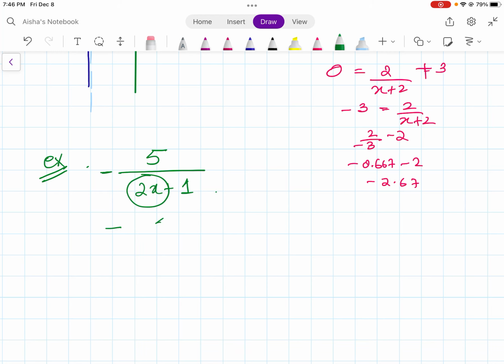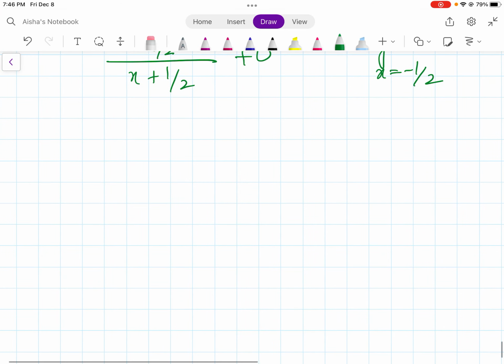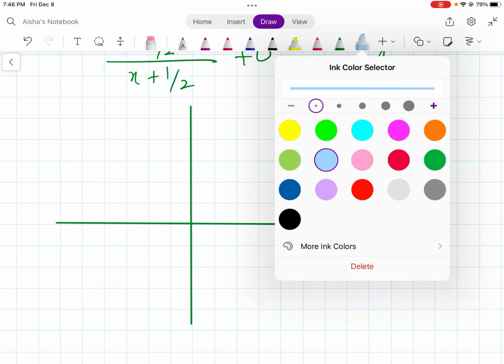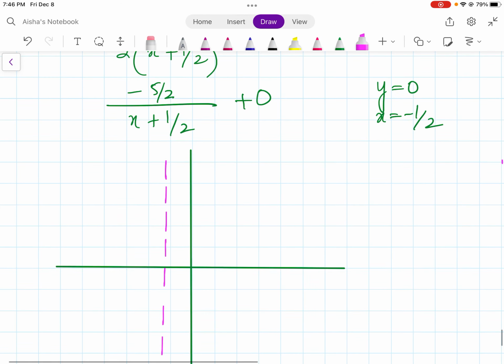अब यहाँ पे ये 2 लगा हुआ है. सबसे पहले तो ये 2 कॉमन बाहर आएगा. माइनस साइन आप न्यूमरेटर के साथ लगा सकते हैं. देयर इज अ प्लस 0 हियर. Okay, let's draw the graph. Okay, minus half means, and y is equals to 0 means minus 5 upon 2 means